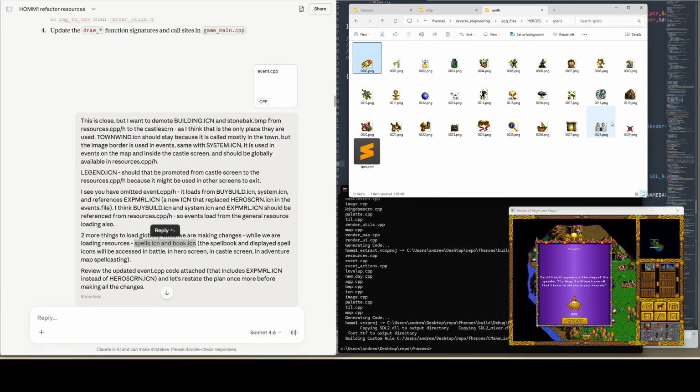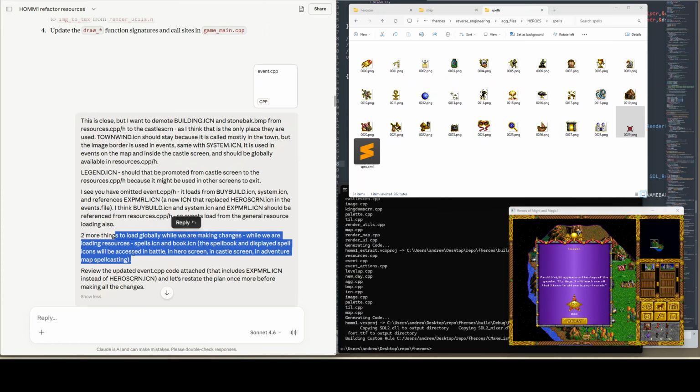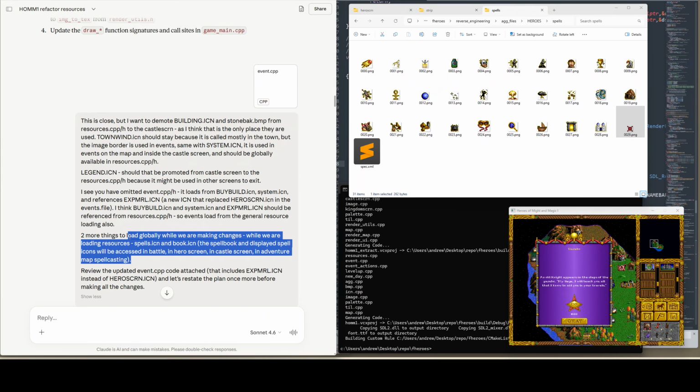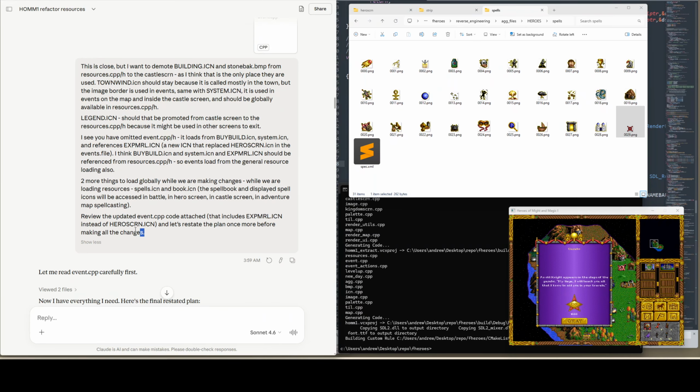There's 0 through 28, the 29 spells you can cast, and then this is the cursor for battle for not being able to target a creature or maybe a castle wall. I don't know if you can target castle walls with spells in Heroes 1, but anyway,